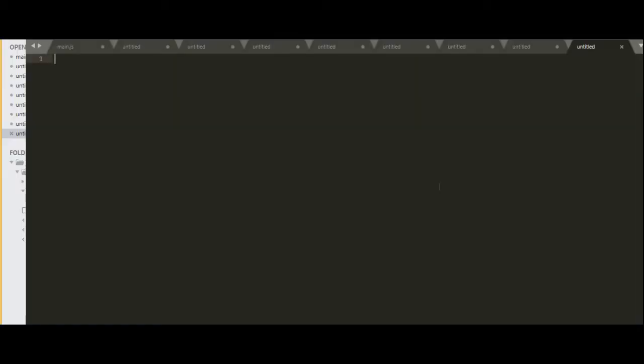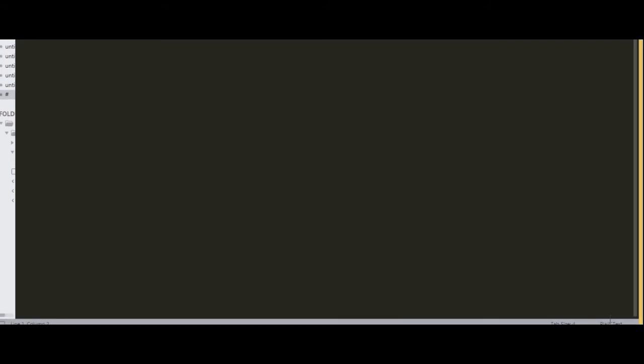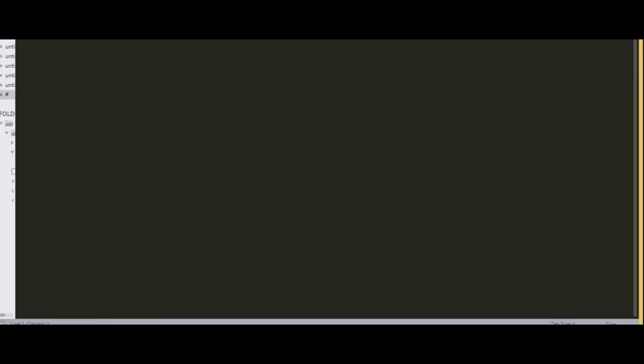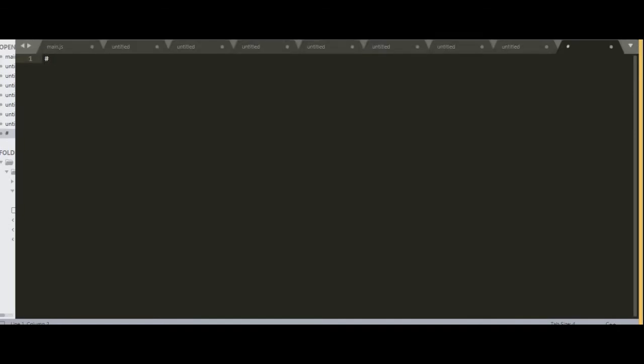Okay, let's start our coding. Give me a minute, let me change it to C++. Okay, so first we will include our library file, bits/stdc++.h.